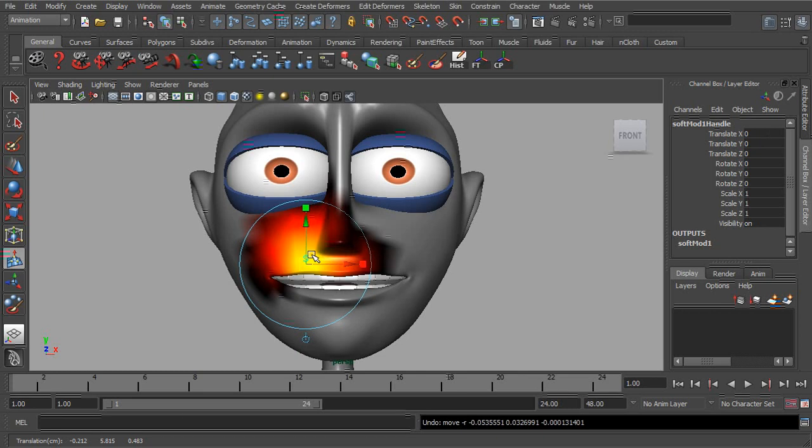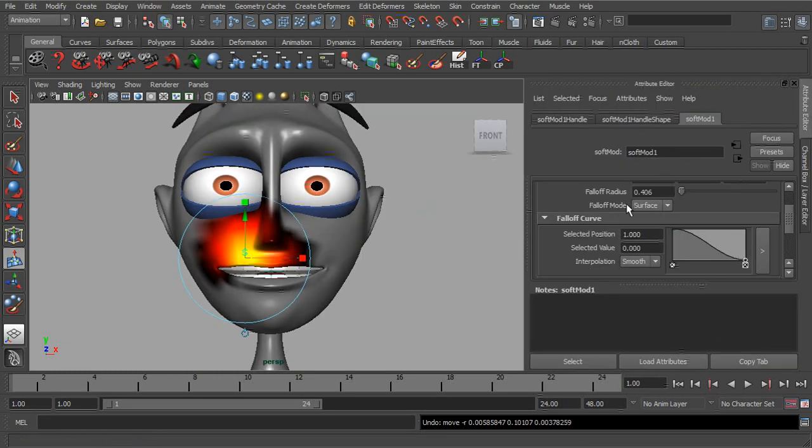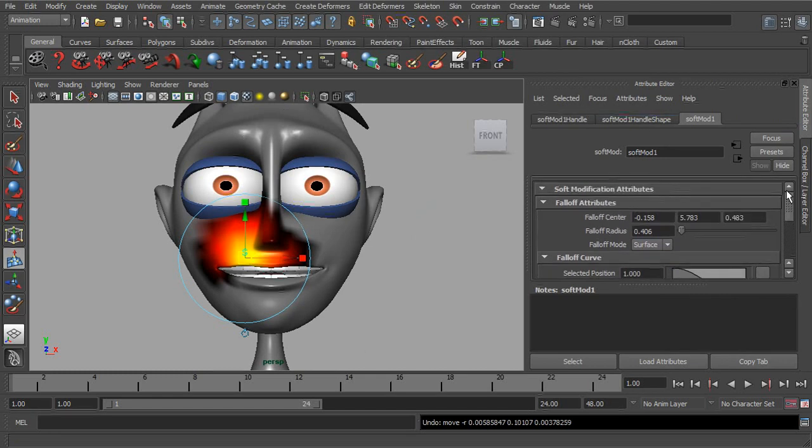So now as we start to pull this point around, we're only affecting this area. And by taking a look at things, we're actually working with surface. So you can see that clearly because right now, we're really only affecting the upper lip. The lower lip is not really being pulled too much at all. So after the handle has been applied, you can always go ahead and switch this back to volume if you need to from your attribute editor. So if we were to head over there,